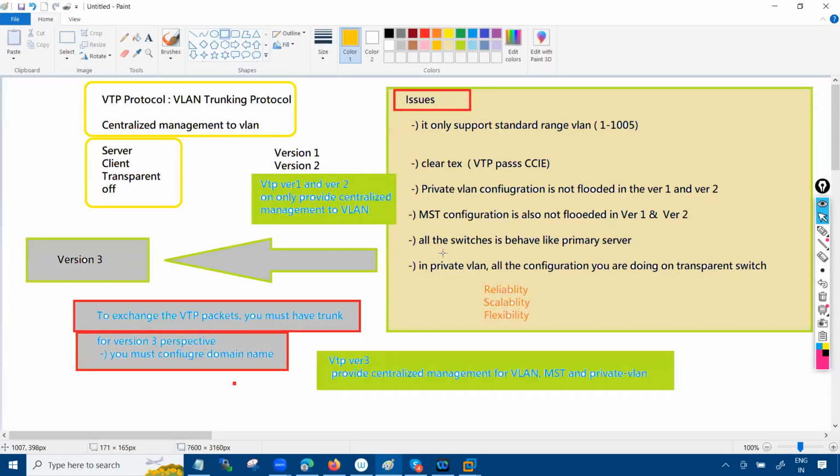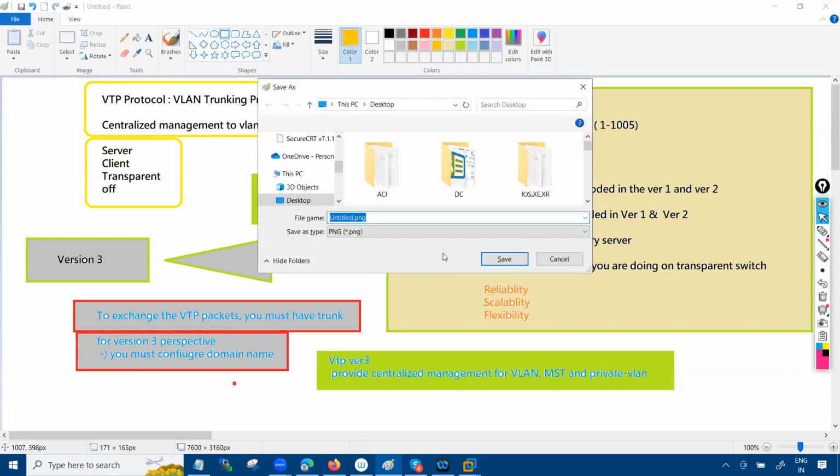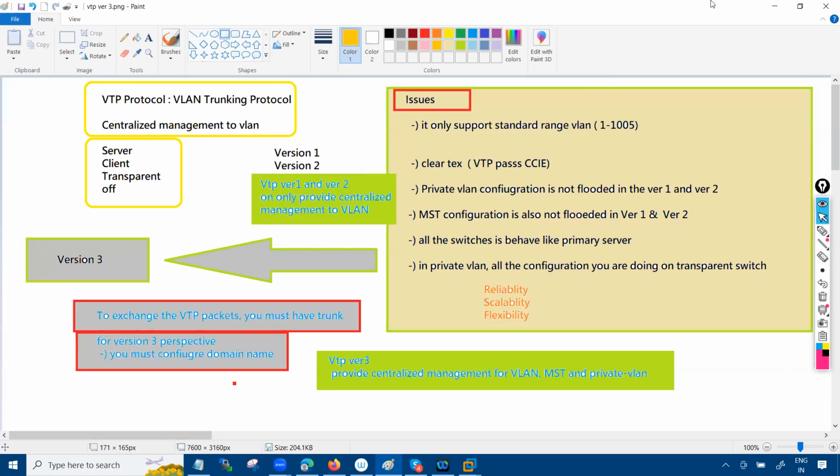I'll share the file with you guys as well. You can just put the hack if you want, device, you can advise. Okay, so